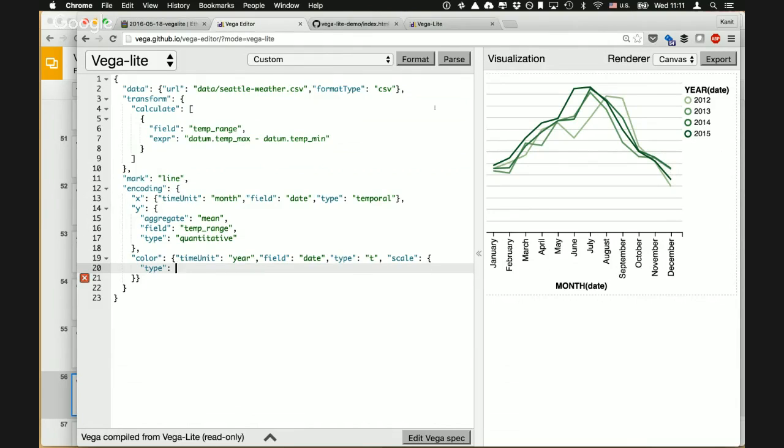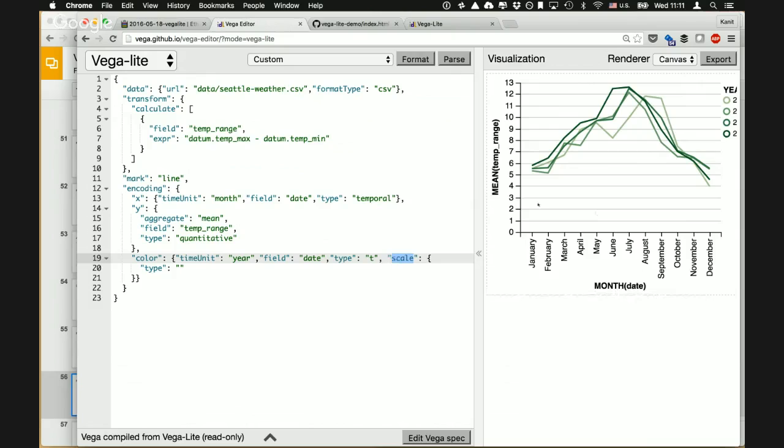Range. Change the range. The type is also still ordinal. Okay, so here when we use time unit, the scale type becomes ordinal, right? But here you can customize the range, which in this case is the color, and this could be an array,